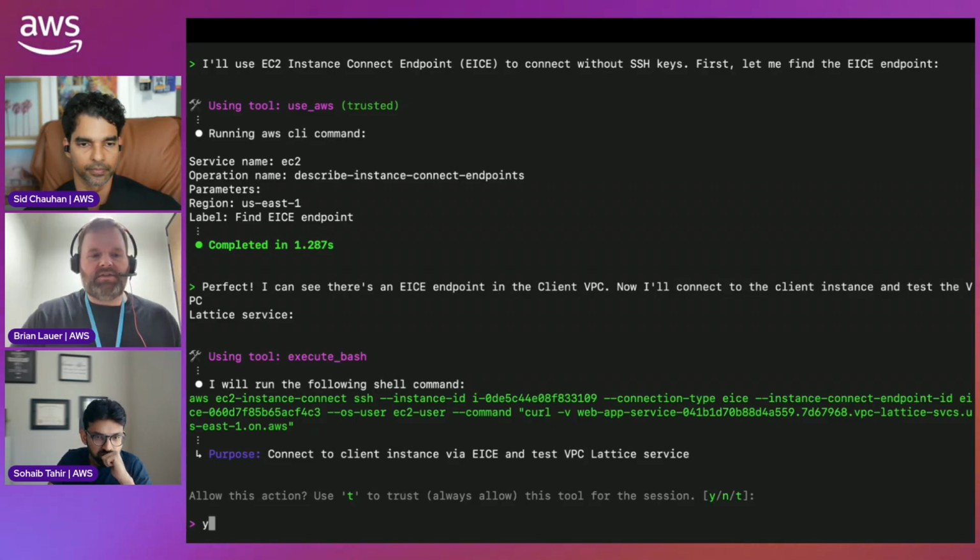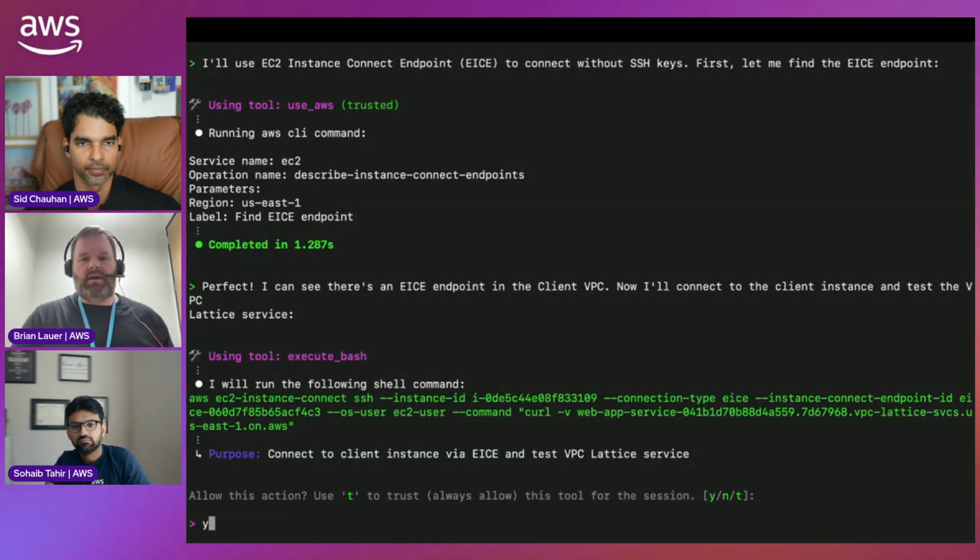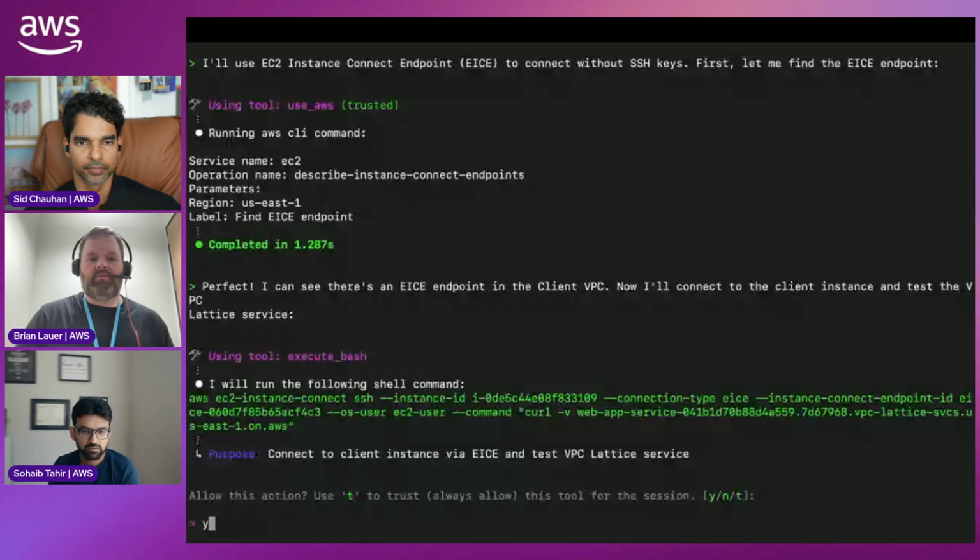So yeah, let's try this command here. It's providing me a command to do an EC2 Instance Connect, and then run the command to curl the web application DNS name provided by